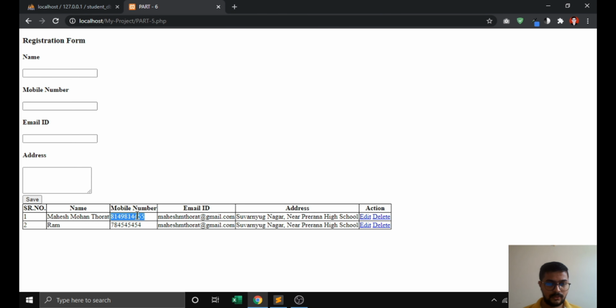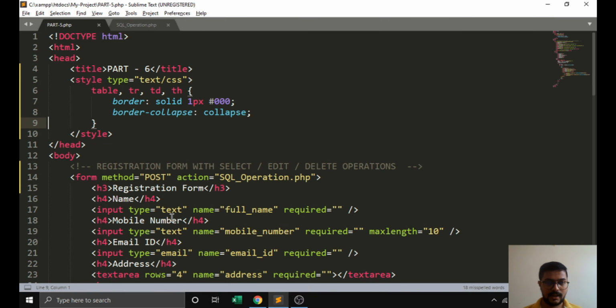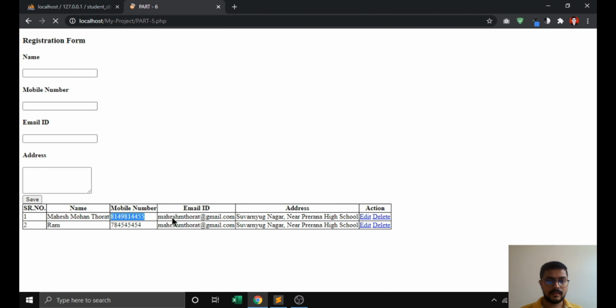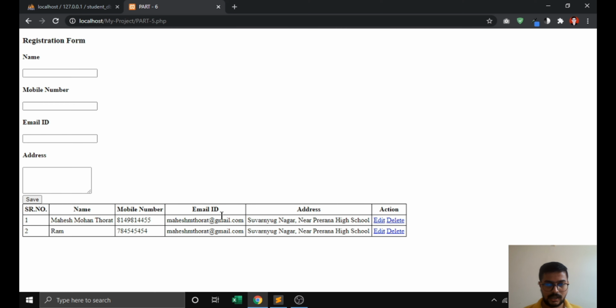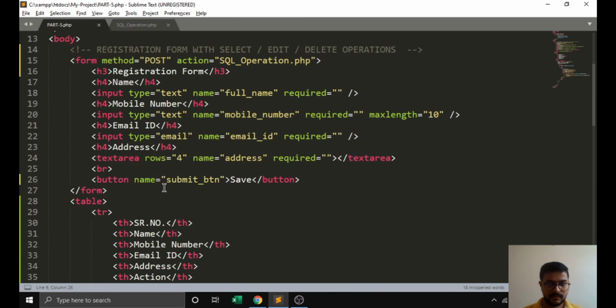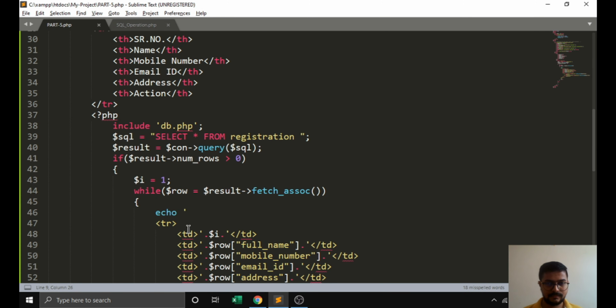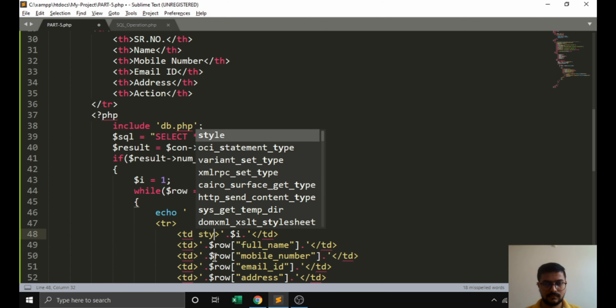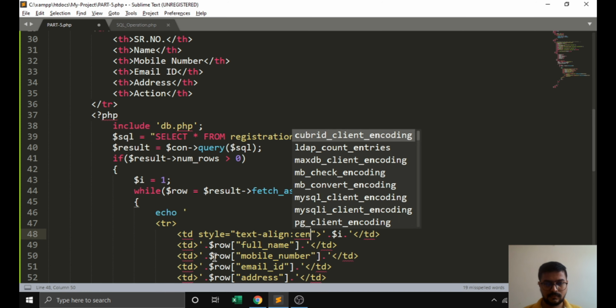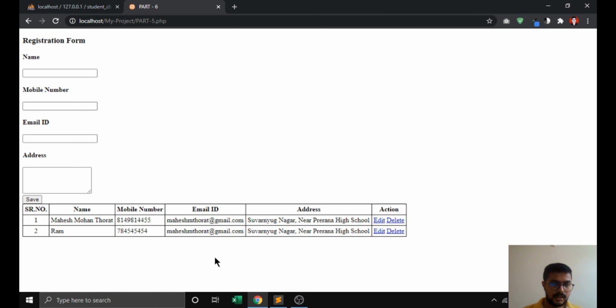Look, this table will look like this, and we can add padding also. We will go much deeper into style sheets in very soon videos, but just for this video we are creating it directly. The main thing is to align the data properly in proper forms.